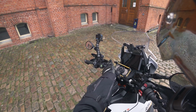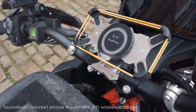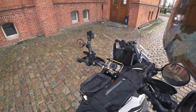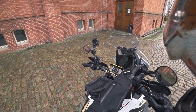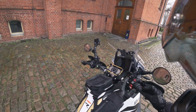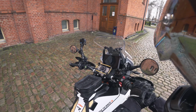You will likely have seen this one. This is a Touratech phone mount with the wireless charging that I DIY'd. I think I did a video on that one as well. So it's coming back on the bike. I'm bringing the Touratech mirrors. These are flip-up mirrors, so when the bike crashes, they won't break. They're quite affordable, so even if they do break, they'll be cheap to replace. Now, of course, there are other options out there, but I like this design, I like the flip-up design. You know, it's easy to get them out of the way and put them back into place again if you're